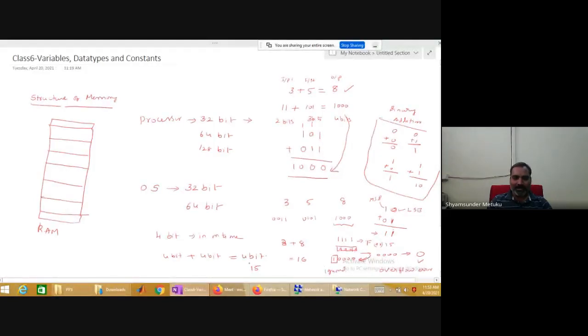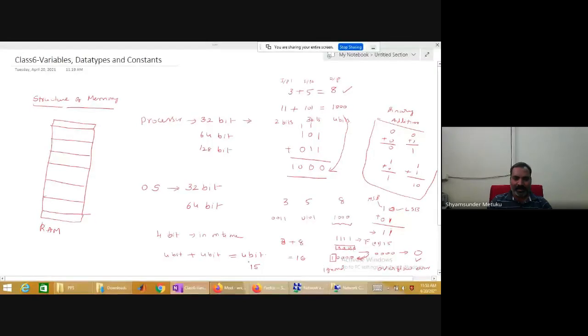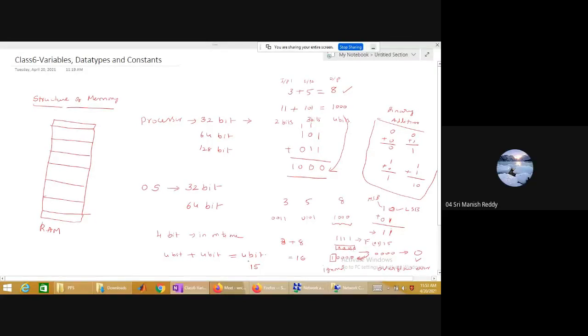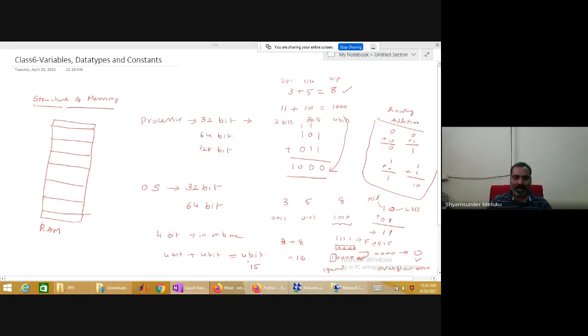Suppose you have a 4-bit processor and your result is exceeding 15. Do you think the processor is useless, or can I still make use of the processor? No. So what does it mean? No means we can't perform, or we need to go for a high bit processor. What do you mean by it? We have to go for a high bit processor, right or not?